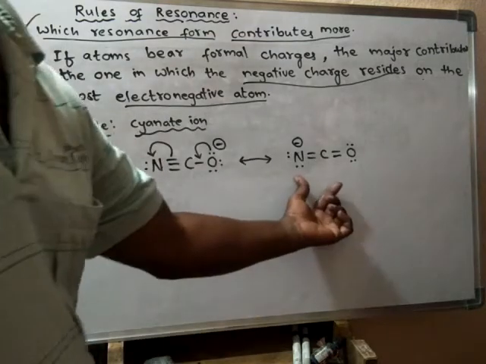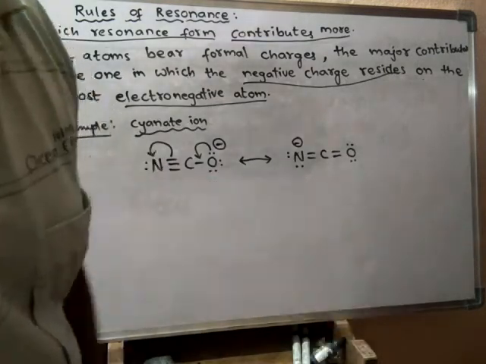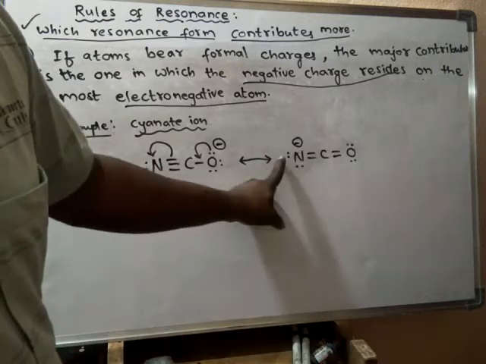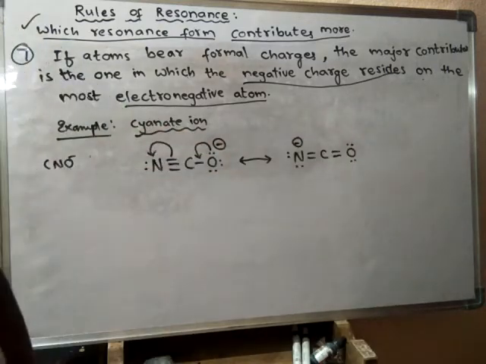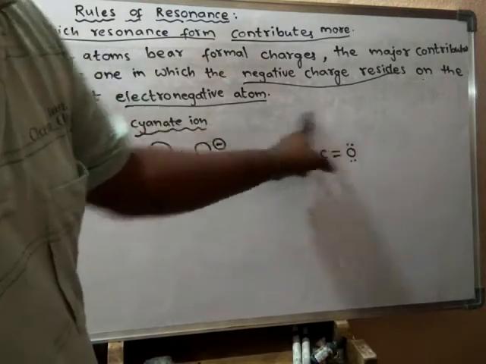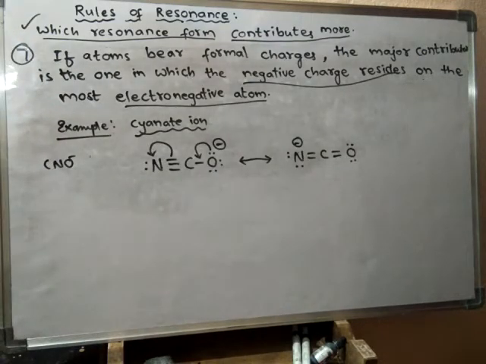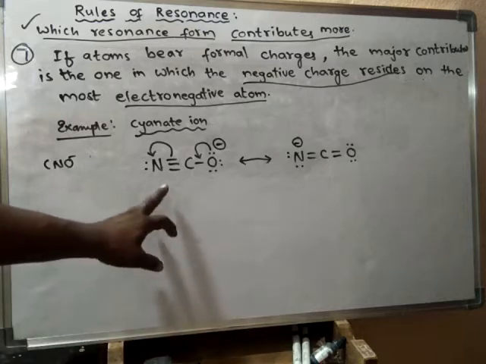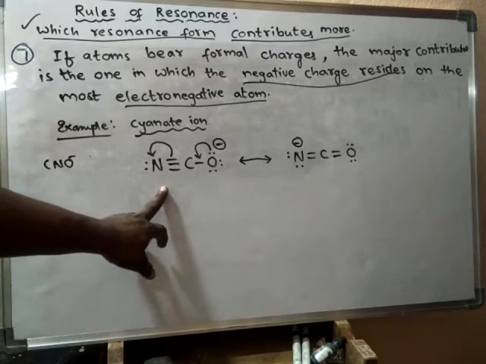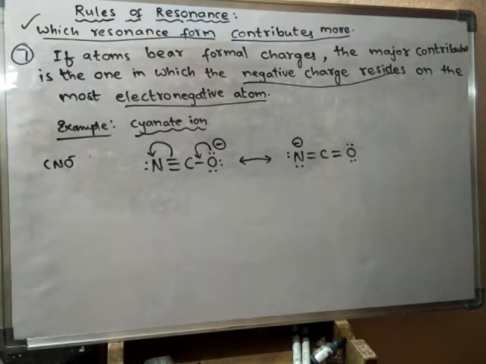So in this structure, though the more electronegative atom is present, the negative charge does not reside on it. Hence such a structure is somewhat less stable. This structure is more stable because the one in which the negative charge resides on the most electronegative atom, that structure